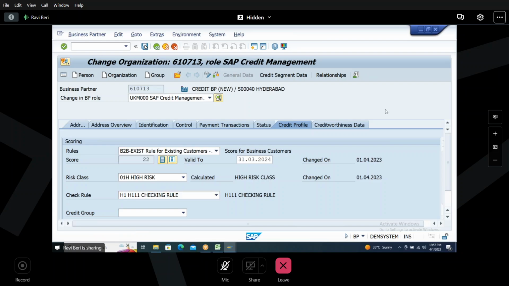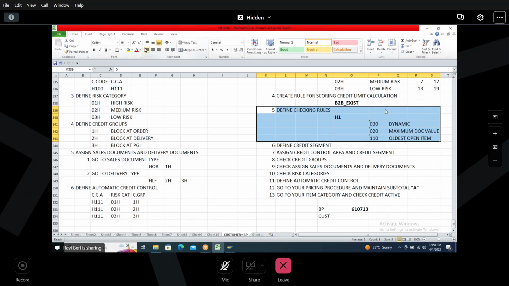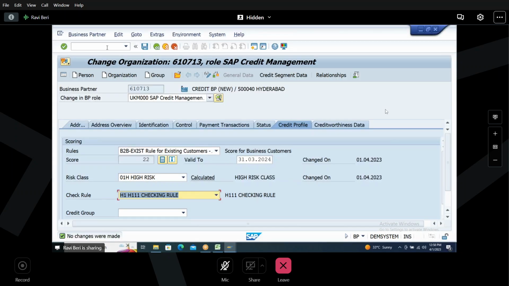Okay. We have mentioned it high risk, but initially it's a score of 22. More than 22 is considered low risk, right? After the invoices or sales orders, the scores will change automatically, right? Now see here. So if you get any error, click on this calculate score and save it. Now